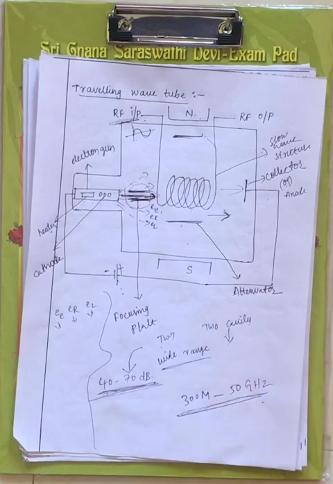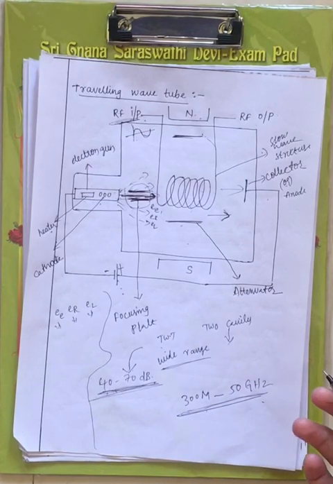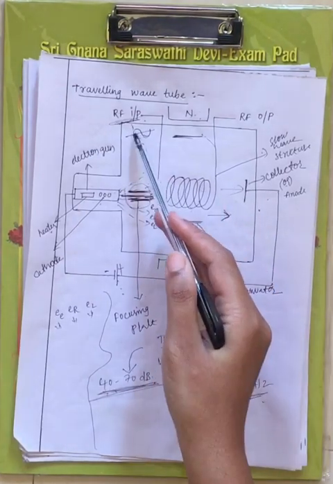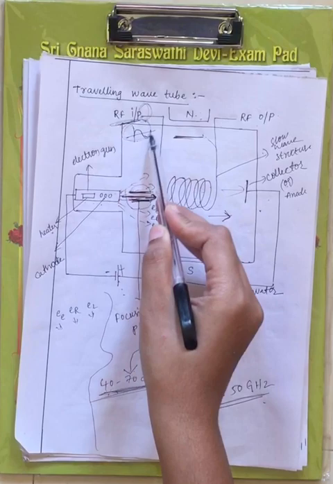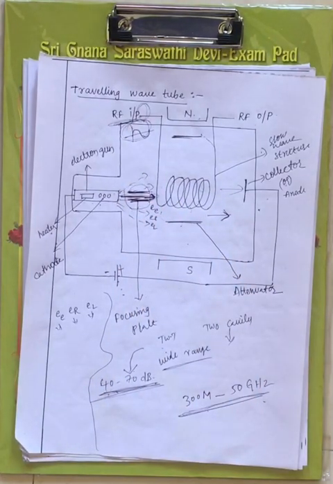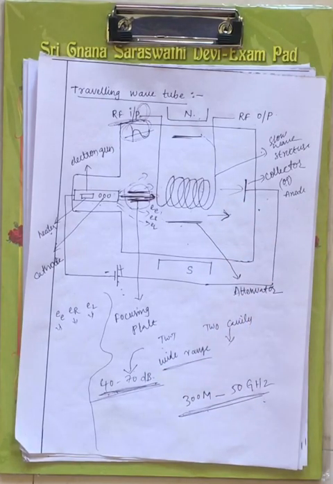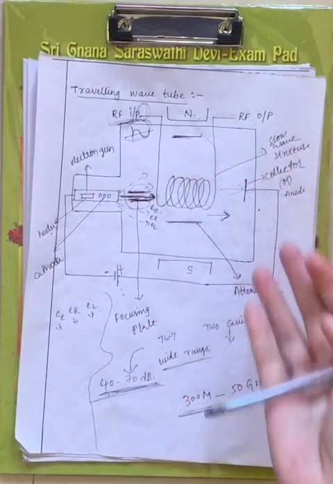Now let us see what happens for the positive half cycle and what happens for the negative half cycle, right? Initially the electron gun will generate a beam of electrons. That beam is focused by the focusing plate as a sharp beam, and these electrons will travel towards the anode cavity. The weak RF signal that you want to amplify is given through this point, and it contains positive half cycle and negative half cycle. Here you are placing the magnets, which generate a magnetic field, and using that magnetic field only you can amplify the signal, right?